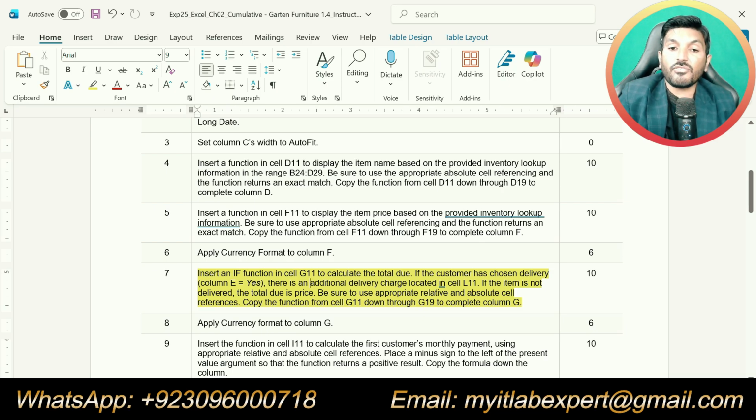Insert an if function in cell G11 to calculate the total due. So now we are supposed to use if function in cell G11 to calculate the total due. If the customer has chosen delivery, that's mean if column E is equal to yes.